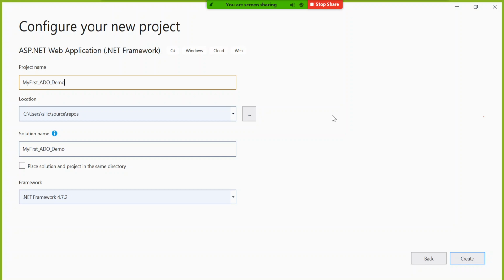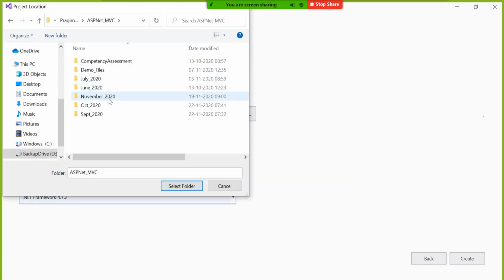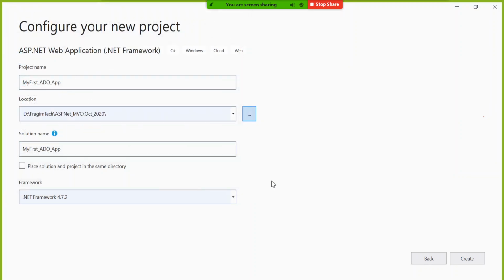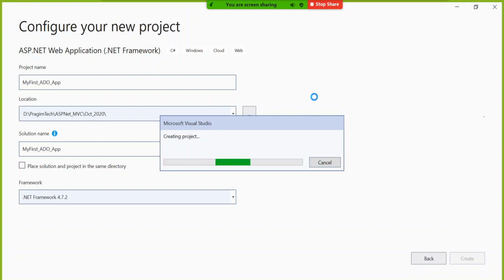Okay, my first ADO demo or ADO app. Okay, so go to location and save it in your folder. Select here web form instead of MVC and go to create.